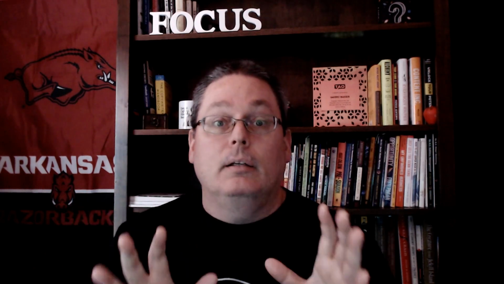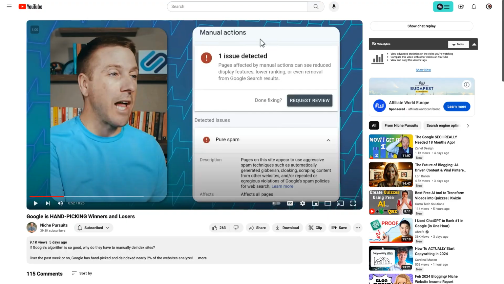Now, we all know that Google picks the winners and losers by its algorithm, determining who gets the top spot on the search engine results page, or the SERPs. But manual actions, how do you avoid those? What do you need to know? What do you need to understand? What can you do to make sure that when Google is handpicking the winners and losers, as I saw here